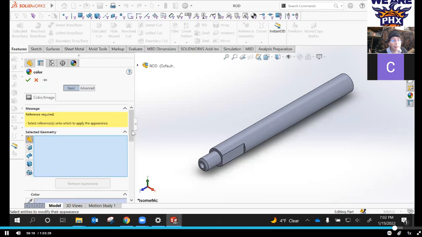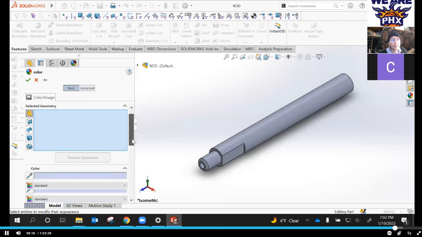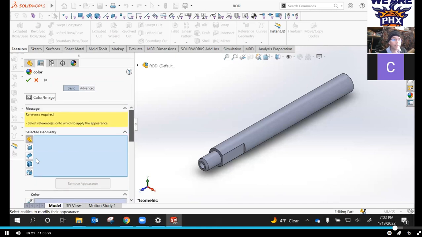And I have to tell it something to put an appearance on. So I want to pick this. I want to pick selected features. And now I go to what they call the flyout feature manager, and that is this right here. So right now I have a feature going on in my feature tree area. I could open up the feature tree by clicking on this box here. I could establish that, but then I would lose what I'm doing here. So instead I come over here to the fly out feature manager